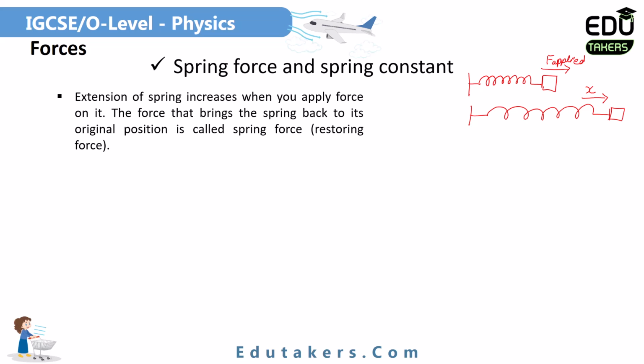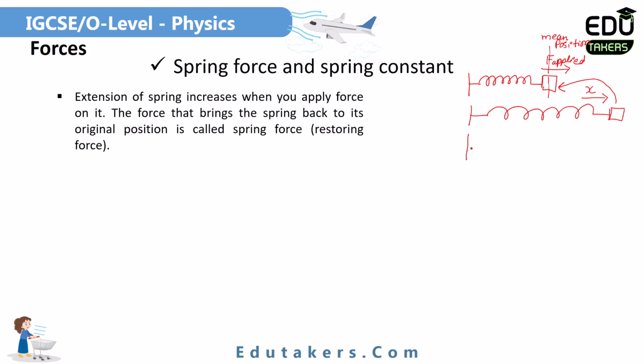But here is the restoring force. This force is basically responsible for restoring the original position of the spring. This means that due to the restoring force, this object comes towards its equilibrium position, or rest position, or mean position. So this position in the first figure is basically the mean position. Because of the restoring force, this mass given in the second figure comes to the same position as in figure 1.